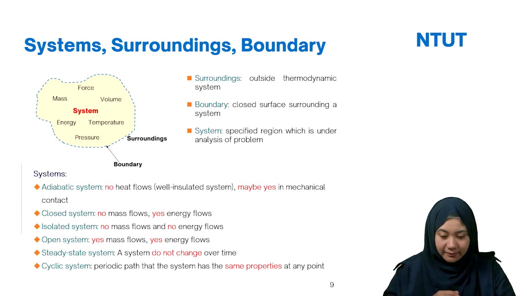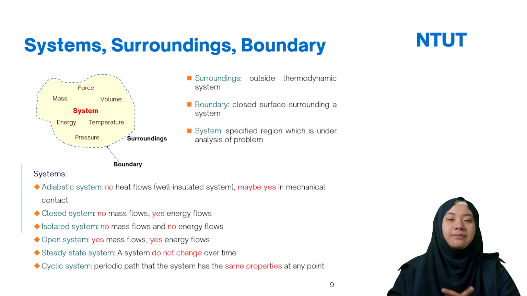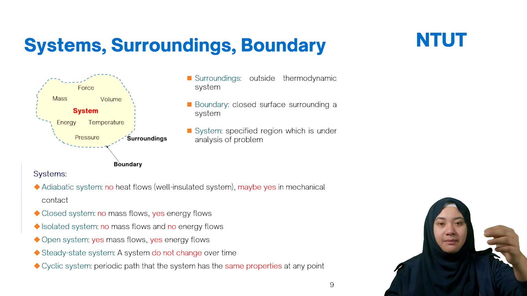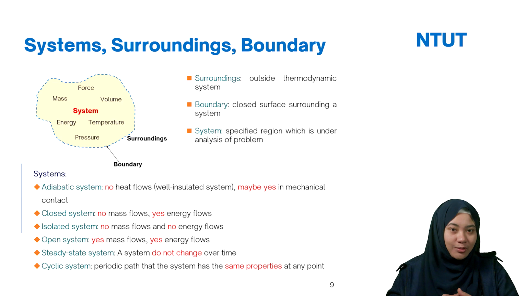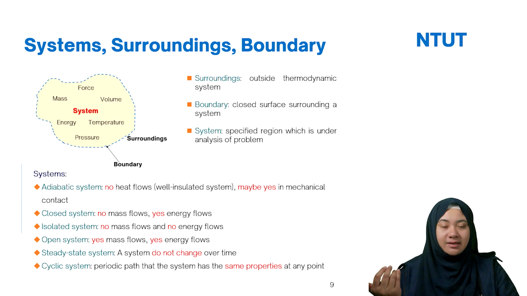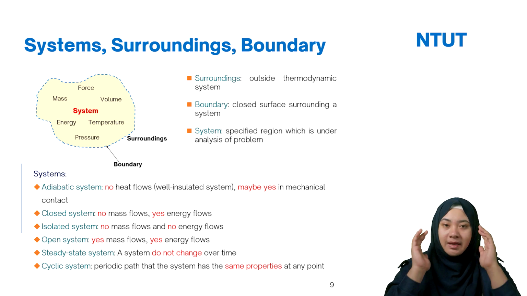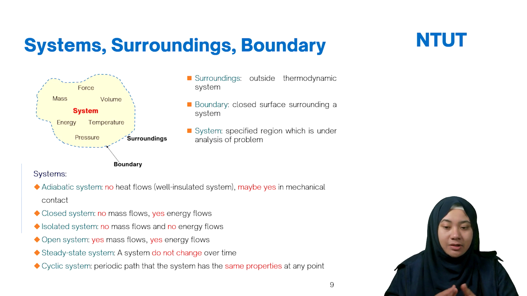For example, the easy way: we put warm or hot water in the bottle and close it. We don't have mass in and mass out. But how about the energy? After two hours, is the temperature still warm or still hot? It's not. So it means you have energy in and energy out. In this case, we call it a closed system. So later in the next chapter, when I say closed, you can imagine no mass flow, but you have energy in and energy out. So only energy flows.